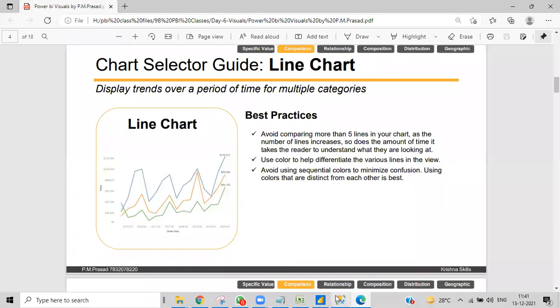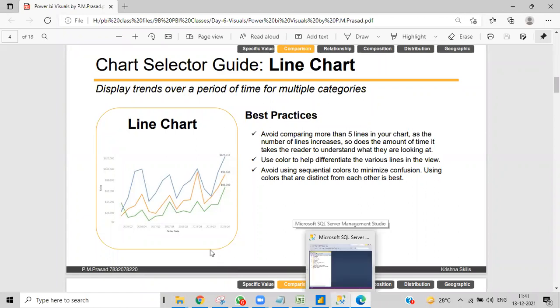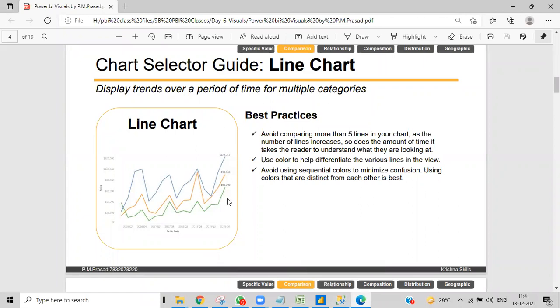Then at the same time, we can use several lines as per the several requirements. For a real-time scenario, we'll use sales, and then we'll show profits, and then something else, like whether the factories or the branches increased.